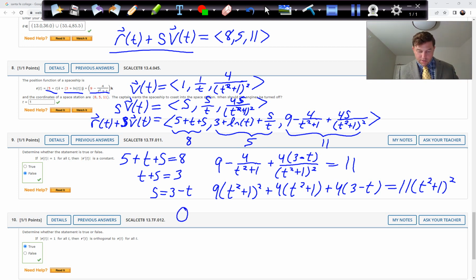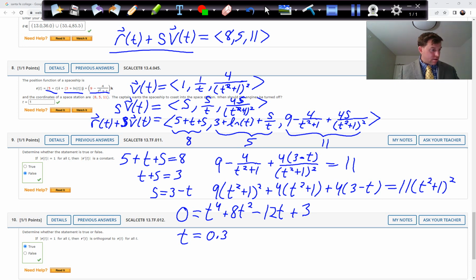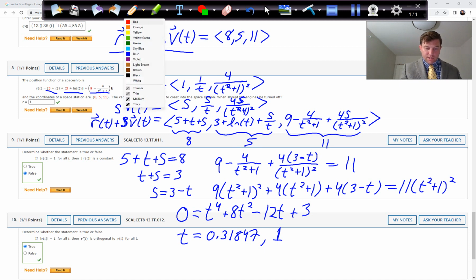You will get 0 on one side, t to the 4th, 8t squared. You can confirm this, try it out with my numbers. 12t plus 3. And when you solve this, you will get t is equal to 0.31847, and you'll get t equal to 1. And if you check these, it turns out that only one will work. In fact, we can check it pretty easily